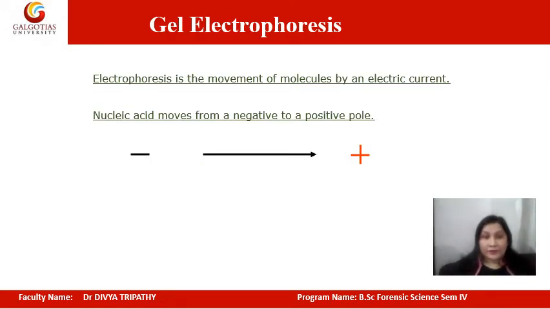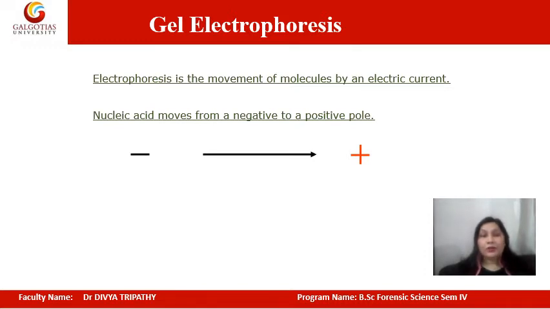Now, electrophoresis is based on the principle that nucleic acids move from the negative to the positive pole. If we are talking about nucleic acid, we know that nucleic acids are polynucleotides. Polynucleotide means it has bases, deoxyribose sugar or ribose sugar in the case of RNA, and phosphate as a backbone. So if I say nucleic acid moves from the negative to the positive electrode, it is clear that nucleic acid has an overall negative charge, right?